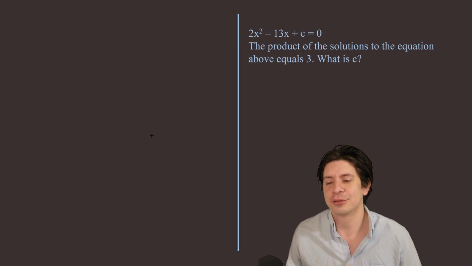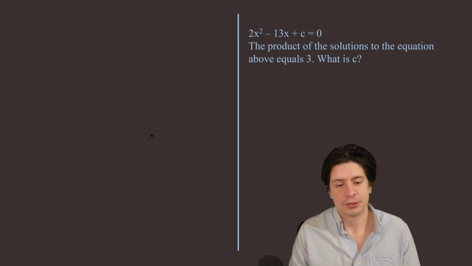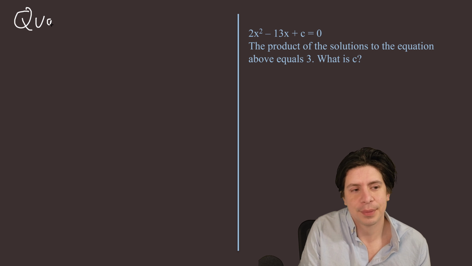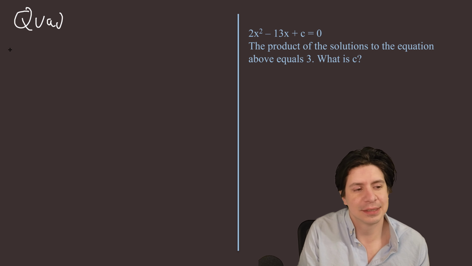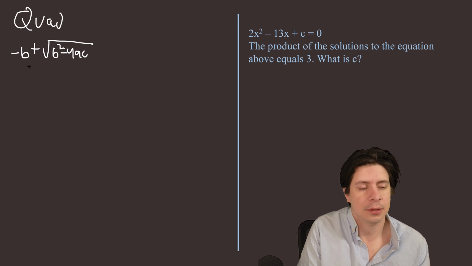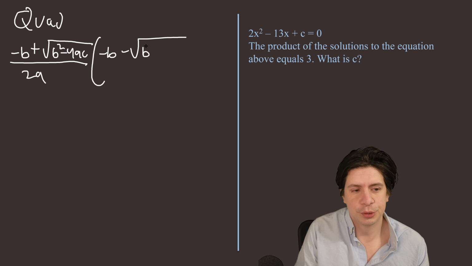The product of the solutions to the equation above equals 3. What is c? So the way you have to think about it is you have to think about the quadratic equation, because that gives you the two solutions. So in this case, it's going to be negative b plus the square root of b squared minus 4ac, all over 2a, times negative b minus the square root of b squared minus 4ac